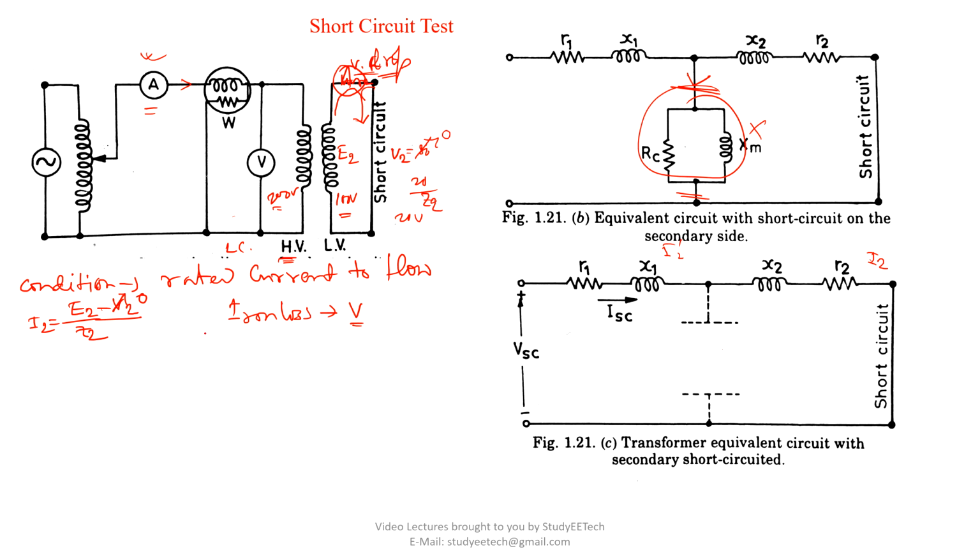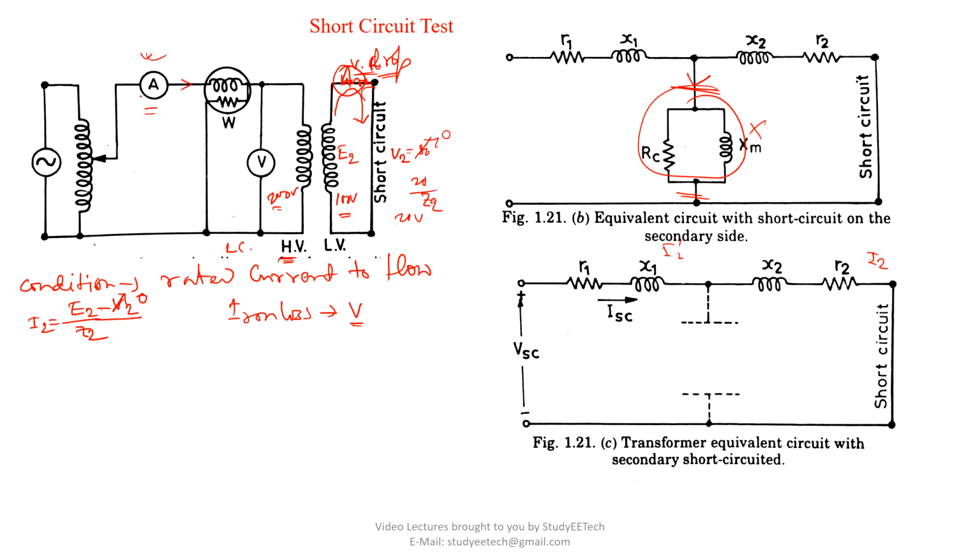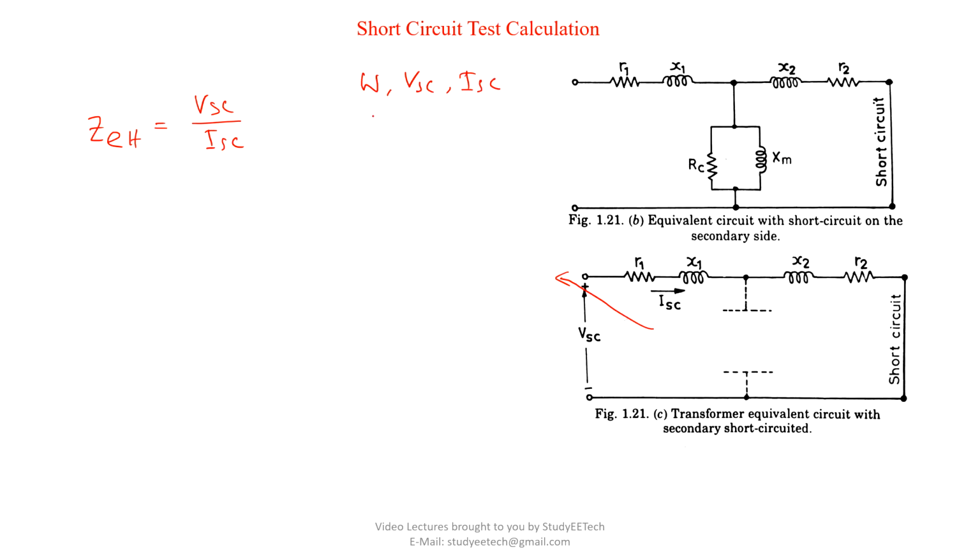For the calculation, look at this circuit. The total impedance Z_EH on the high voltage side, from the readings, will be V short circuit by I short circuit. You have the wattmeter reading, the short circuit voltage reading, and the current reading connected here: VSC, ISC, short circuit test. Once you calculate V by I, you will get Z, right? And the wattmeter is reading you